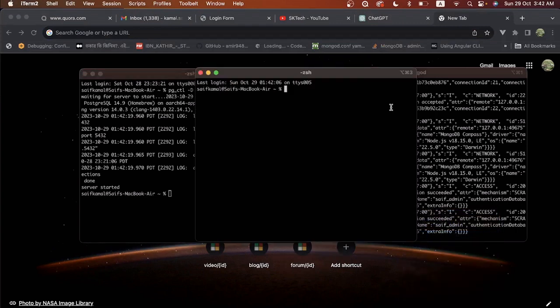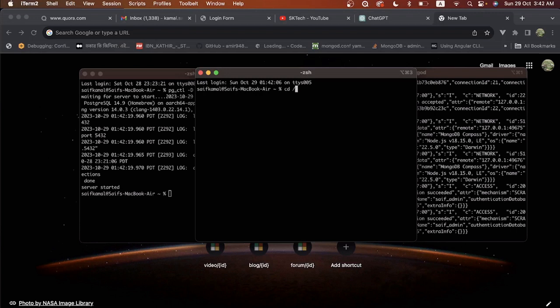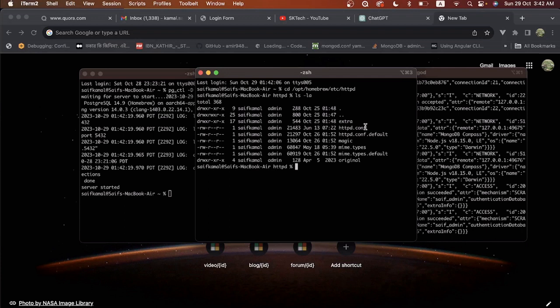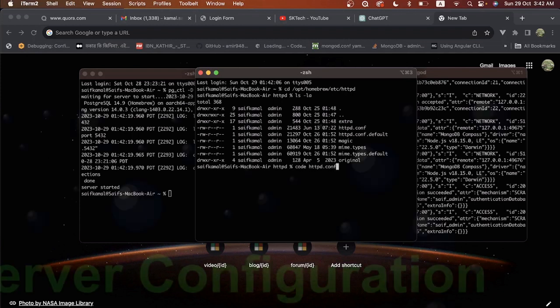So if I open up a new terminal and write cd /opt/homebrew/etc/httpd, and then do an ls -la, there is an httpd.conf file. This is the httpd or Apache configuration file. So if I open up the configuration file with a text editor,